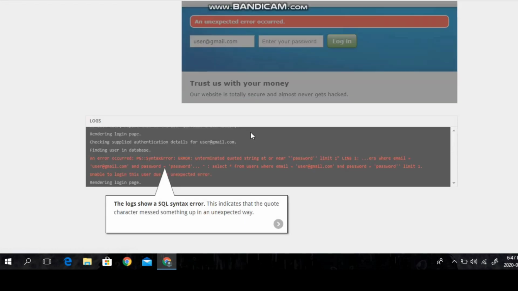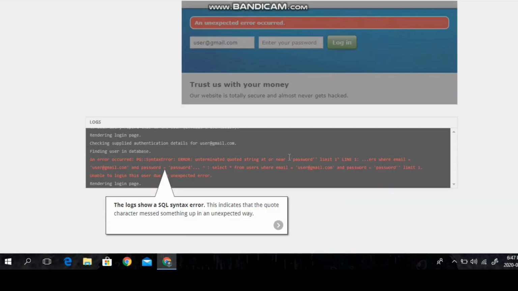What could that mean? Generally it means you get a log of an SQL syntax error. I can't show it on a real web application, but if you get an SQL syntax error, you'll see different types of codes. If you have worked with SQL injection or an SQL database, you have seen code like select username, email where email equals the email you have given and the password is this. You have seen this type of select from user where email is. This is the language used in SQL databases.